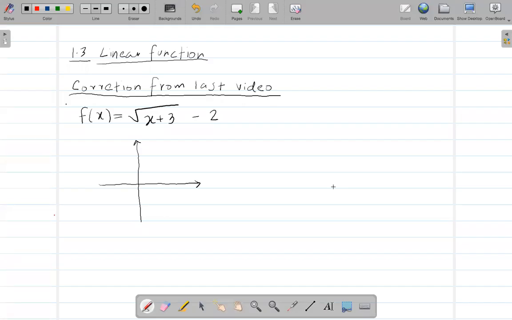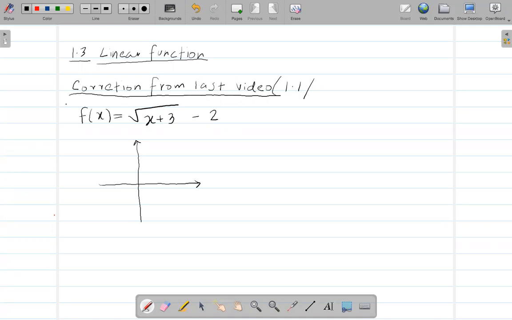Hello, everyone. This is now section 1.3. In this section, I'm going to talk about two things. First, linear function, and second, quadratic function. All right. But before I start 1.3, I found one mistake in the last video